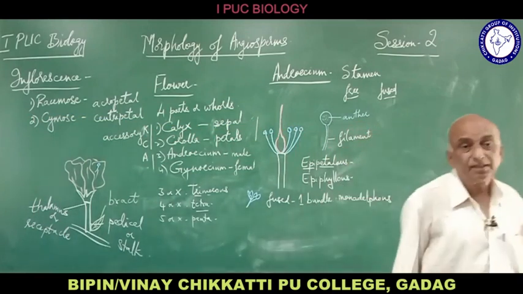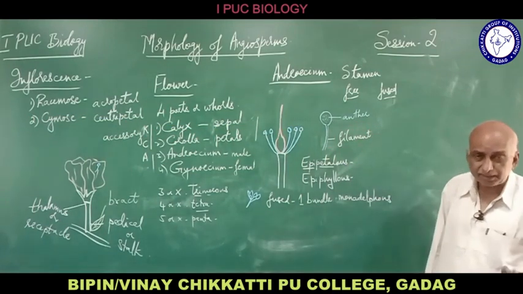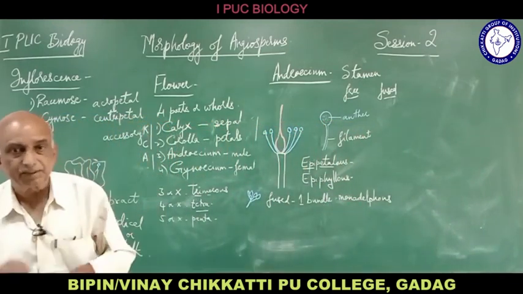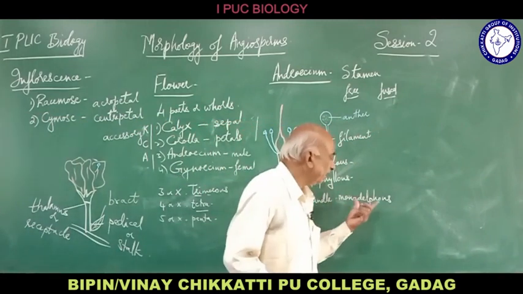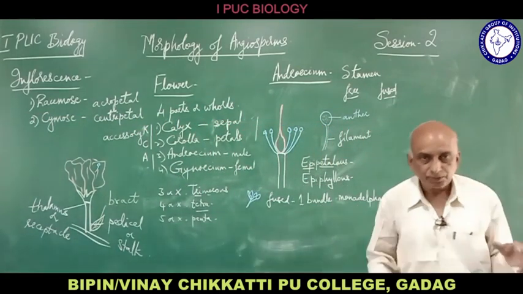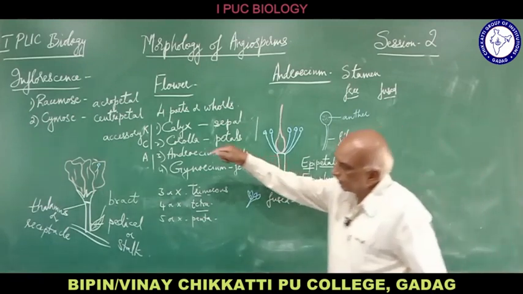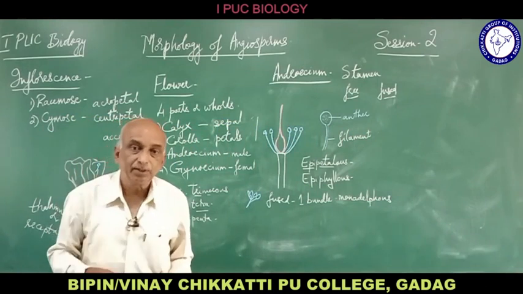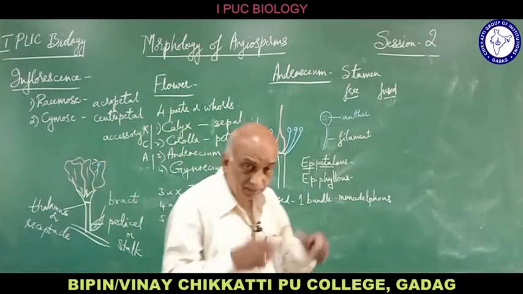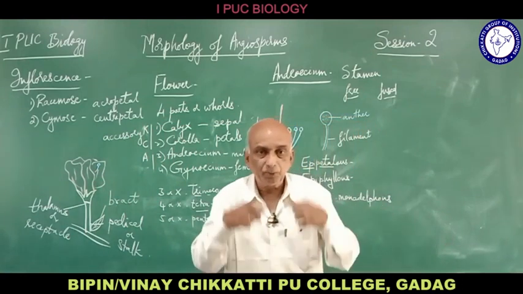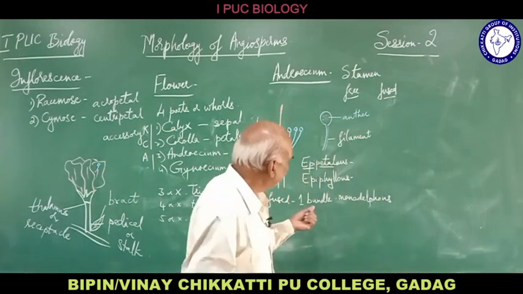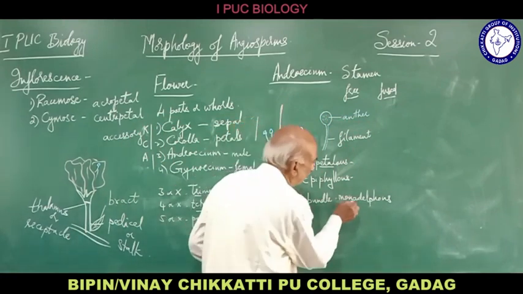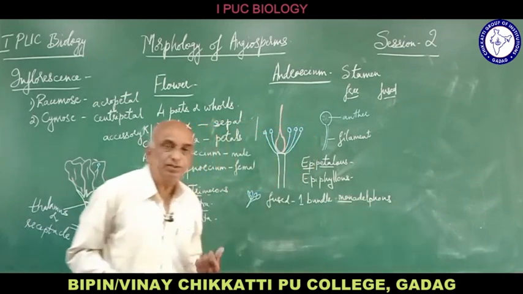There are many stamens in the flower. The stamens are numerous. All these stamens are fused to form a single bundle, and that is called monodelphous. In the hibiscus, when we see inside this corolla, there are many stamens. All the stamens fuse to form what is called the staminal tube. So the stamens together form a tube-like structure, a single bundle. We call it monodelphous stamens. Here mono means single, adelphous means fusion.